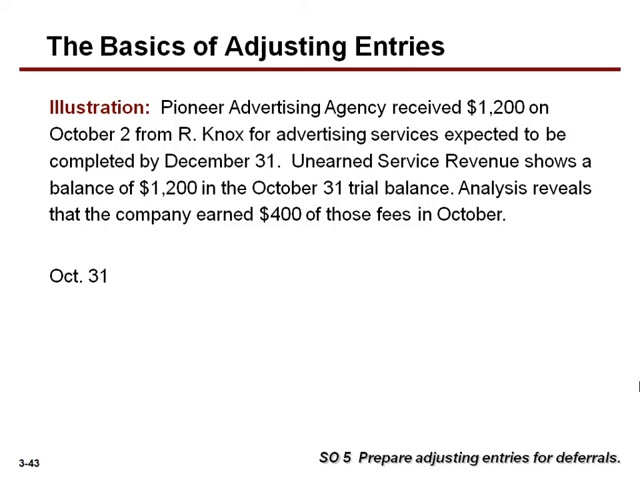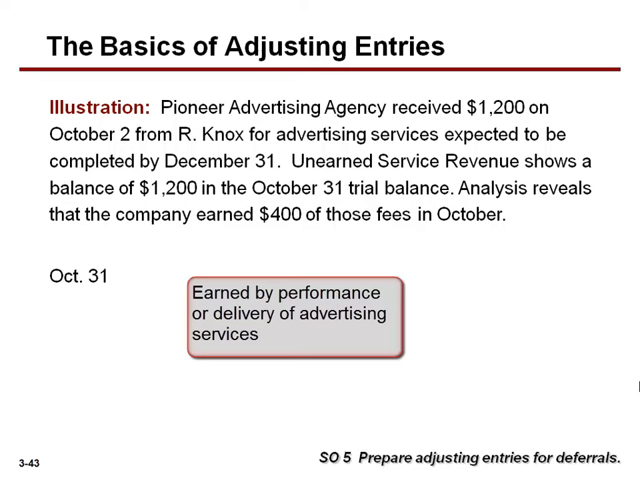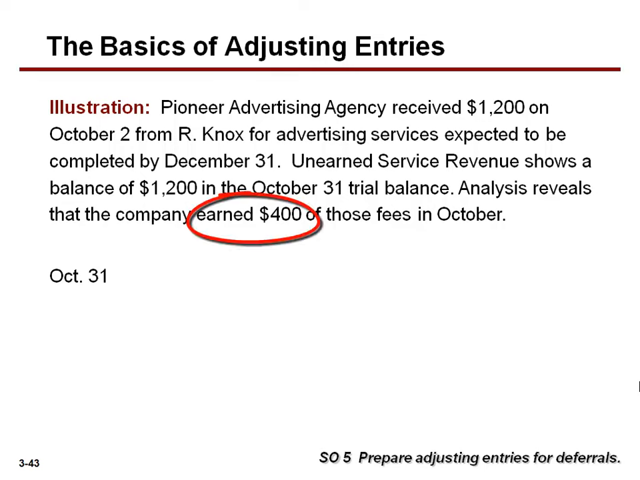That advance payment booked the cash, but booked an unearned service revenue account, a liability, when received. Now we're going to analyze that liability account, that unearned service revenue account, at month end to determine if we've delivered any services and have earned a portion of that. In this case, the example is our analysis reveals that the company has earned $400 of those fees during the month of October. Therefore, the adjusting journal entry,